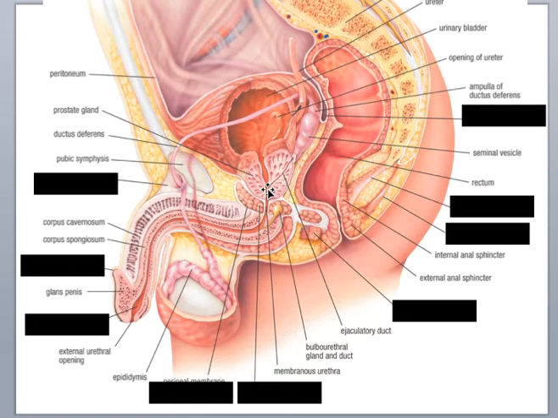A liquid is going to move much faster than a coagulated substance. So PSA, or prostate-specific antigen, will liquefy the semen so that the sperm can actually travel better in the female reproductive tract. And it also aids in making sure that the semen is more alkaline. The vaginal canal is slightly acidic, and so if the sperm is alkaline, it will help neutralize the vaginal tract. Now this P-shaped